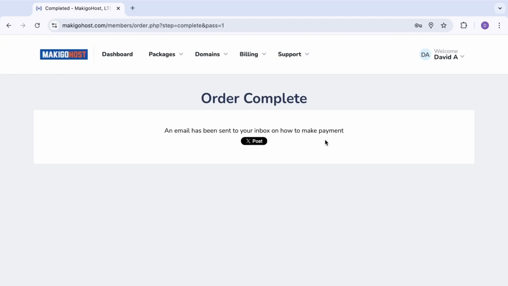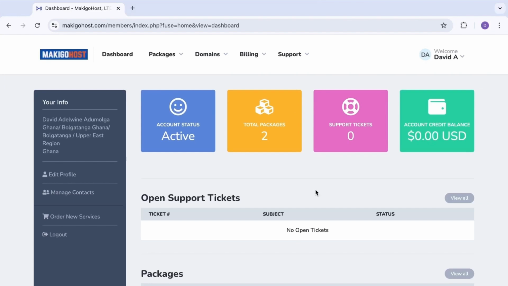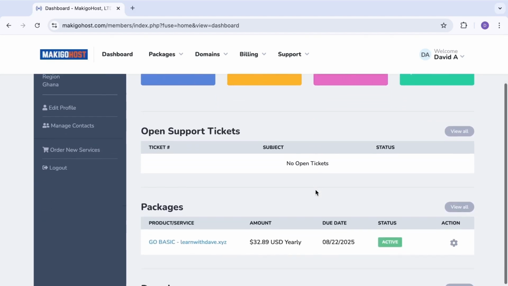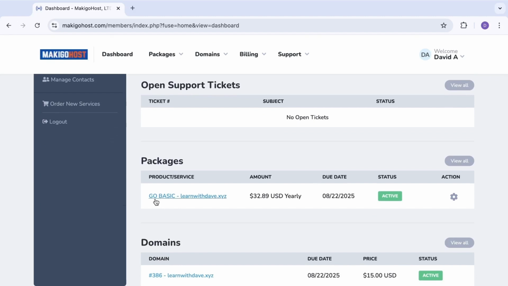All you have to do is go and log into your email account and then go through the billing process. If you have completed payment and created your account, this will be the user interface that you will log in at Makigo Host. You should note that this user interface is going to be very different from other hosting providers. As you can see, I have a Go Basic plan,